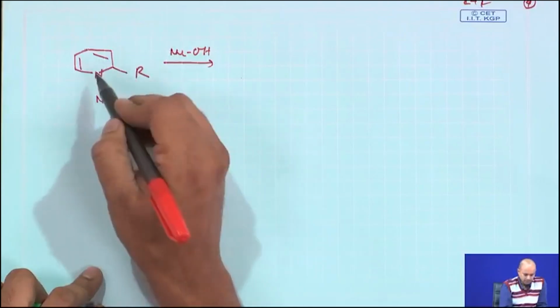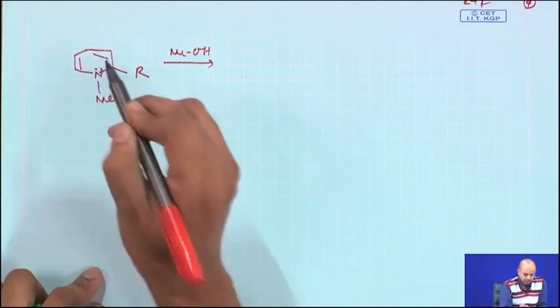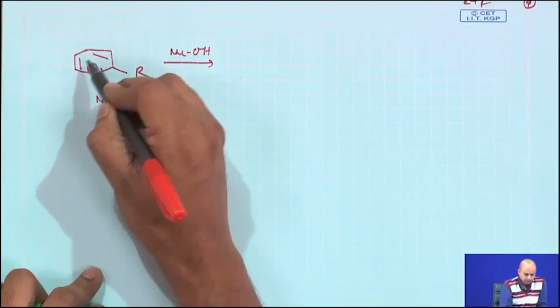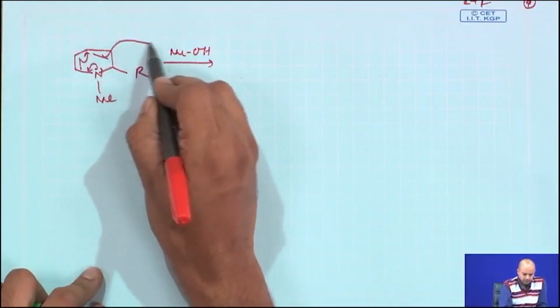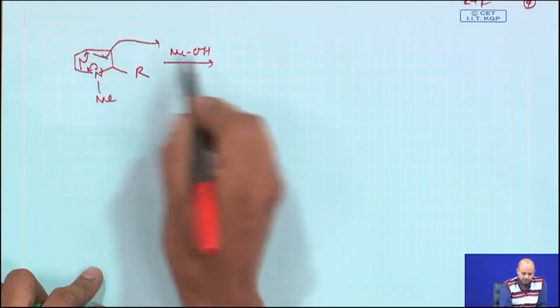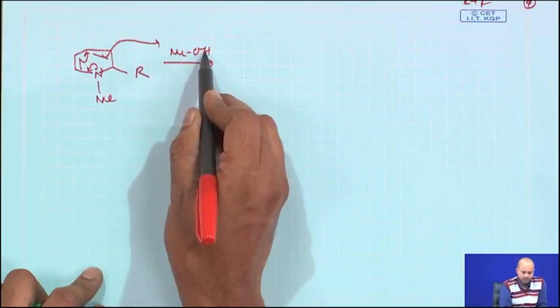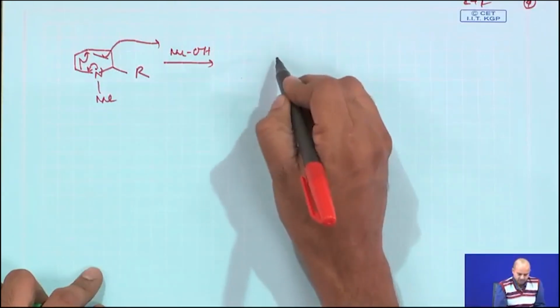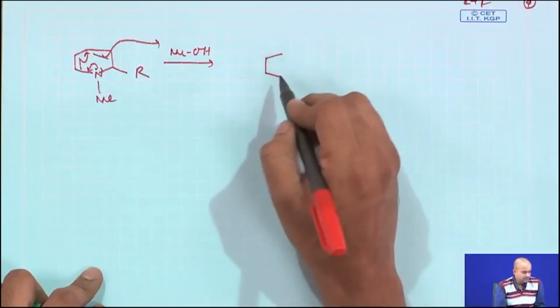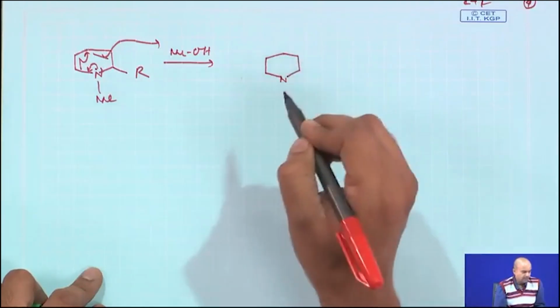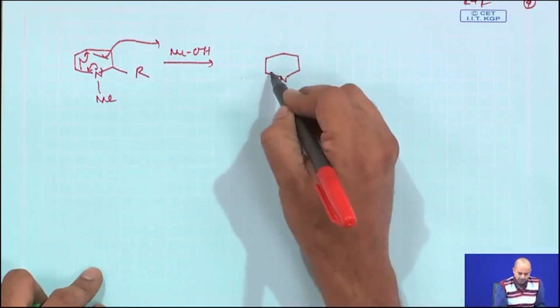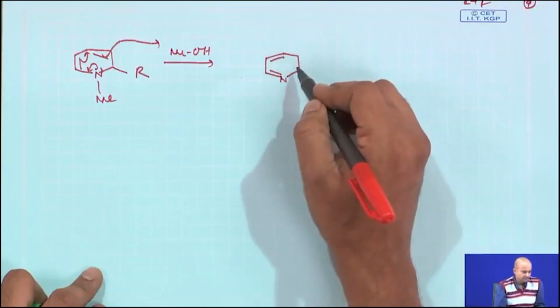So, now what happens, this nitrogen lone pair will try to give this kind of resonance, and this minus will now abstract the proton from this methanol. So, basically nitrogen will again become a quaternary thing, and this time it will become an iminium species again,